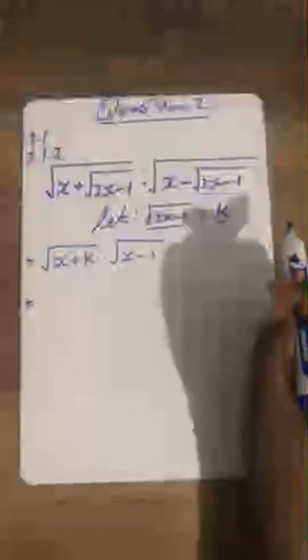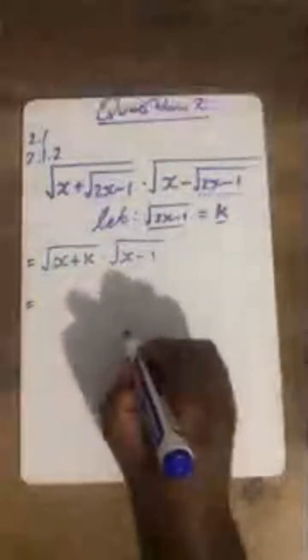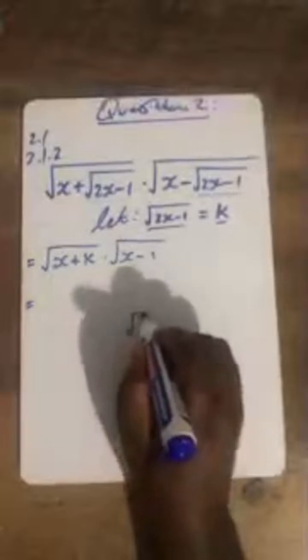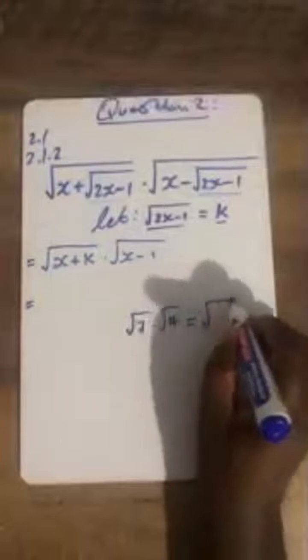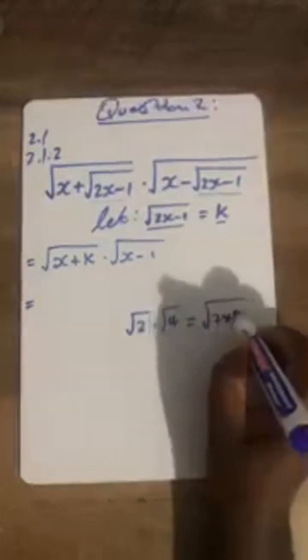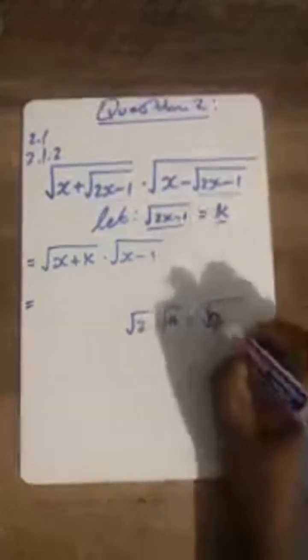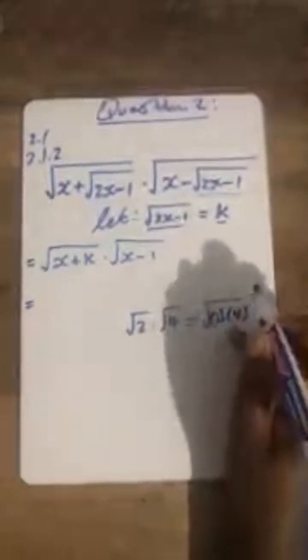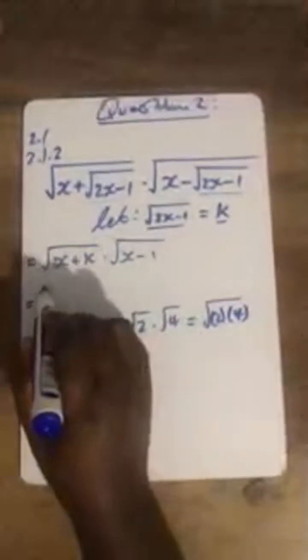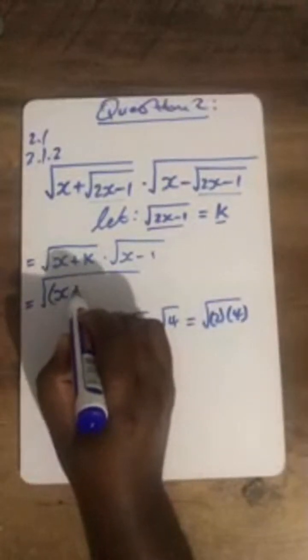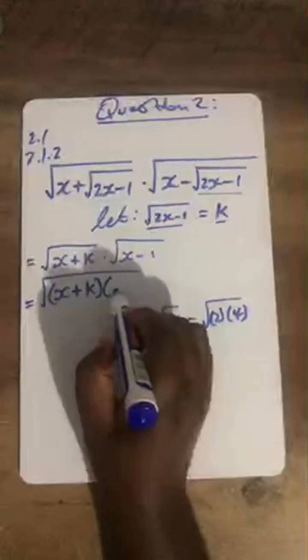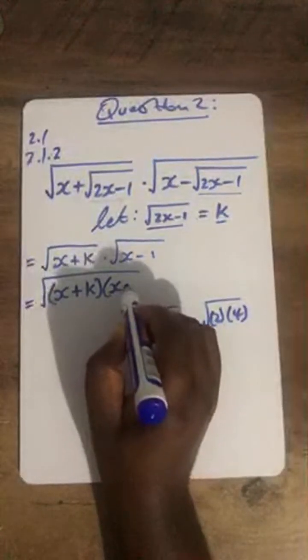I'm just not sure if that makes sense, honorable members. But trust me, do you guys still remember where we said, if you have square root of 2 multiplying square root of 4, this thing is the same as square root of 2 times 4? So I can still do the same there and say, actually, this is the same as x plus k multiplying x